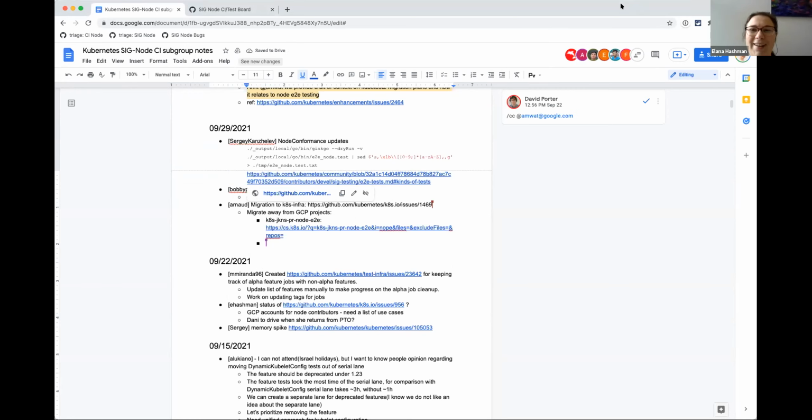So you could type, I don't know, node swap. And as long as all of the test names have node swap in them, that's going to show up when we query for that, when we pass a focus to Ginkgo. So yeah, I kind of understand that.